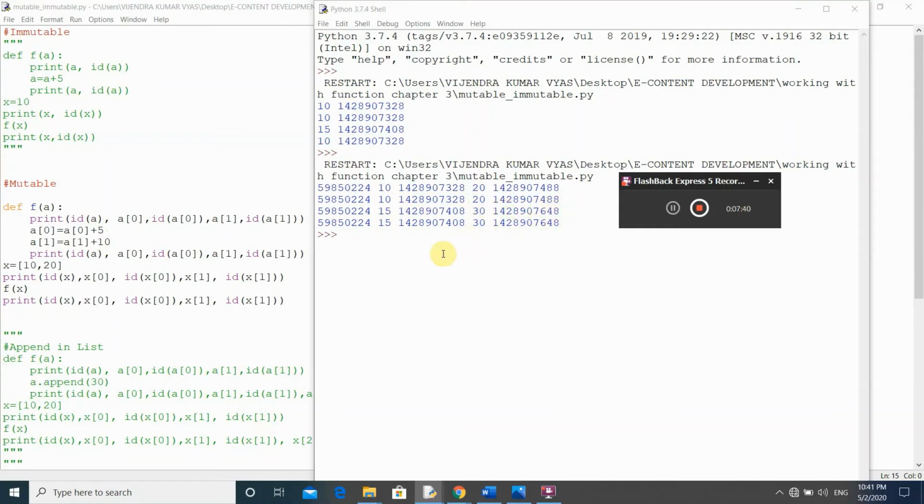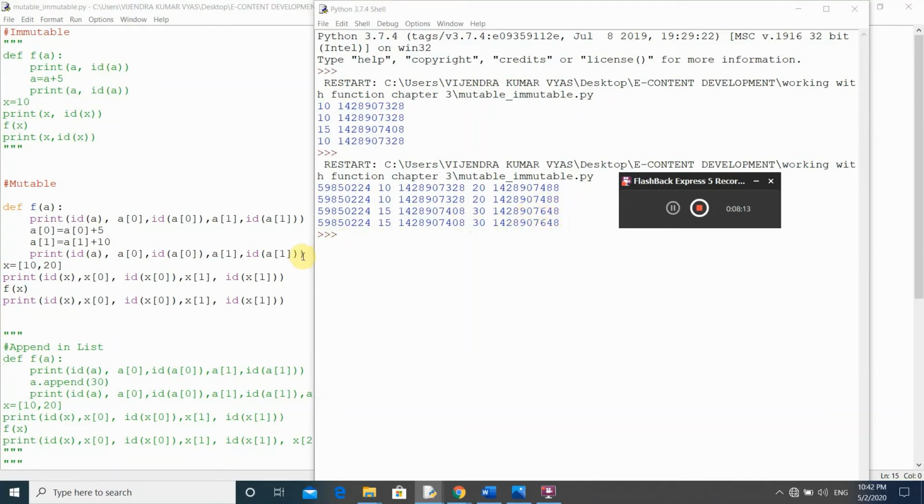So after executing this statement, the address of a is not changed, but the values at a of 0 and a of 1 have been changed, and the address of a of 0 and a of 1 is also changed.